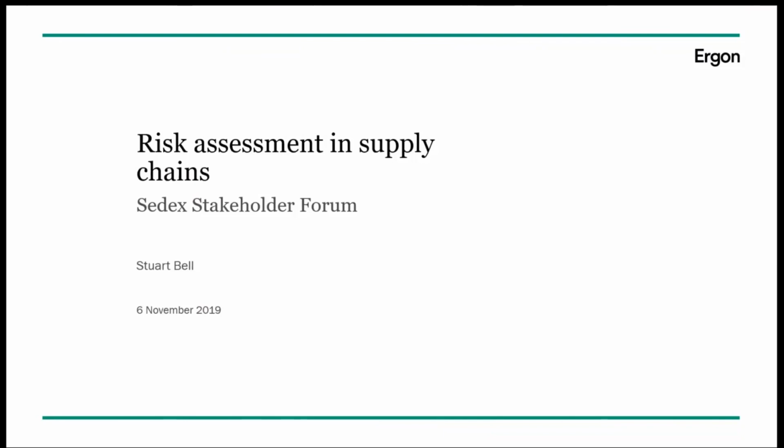So I want to focus on four things, really. First of all, what do we mean by risk? And how do we categorise different sorts of risks? How do we identify where and what those risks are? How do we prioritise and grade and escalate those risks so that we focus on the most important ones? And what do we do about risks? What do we do next? Because risk assessment is not an end in itself. It's about knowing where and what action you need to take.